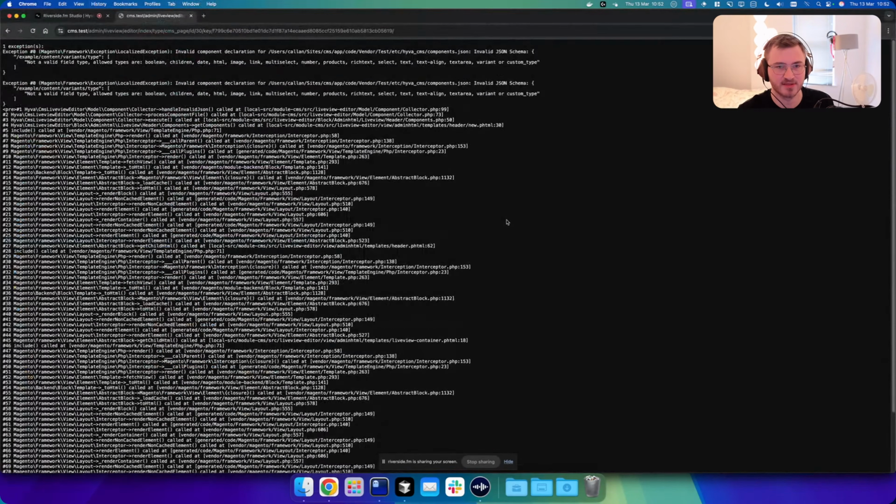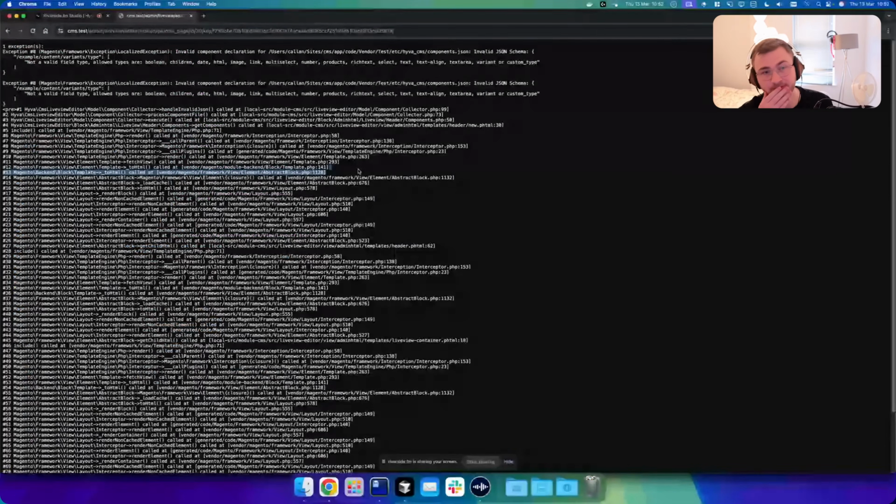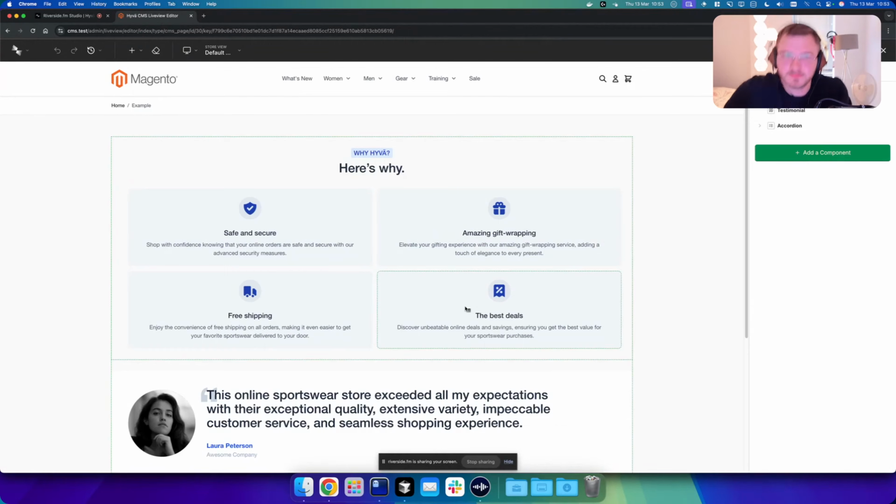Yeah. I think this is unexpected. Yeah, and it tells you exactly. If you go back to the error message, Colin, it tells you the file, and it tells you it's the example component in the content group under the variants type. So it specifies exactly where the error is. Yeah. The error message is just super useful.